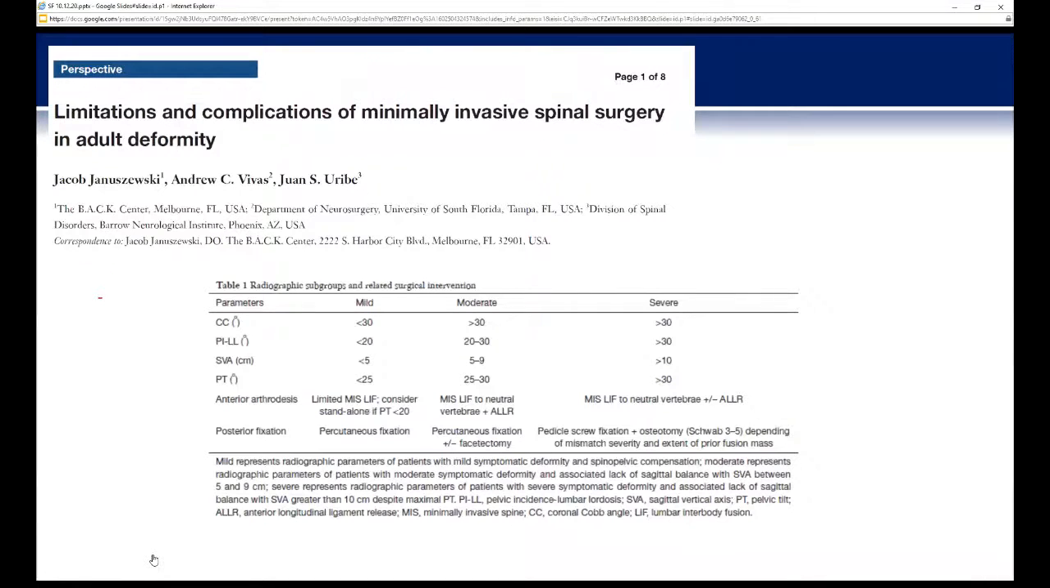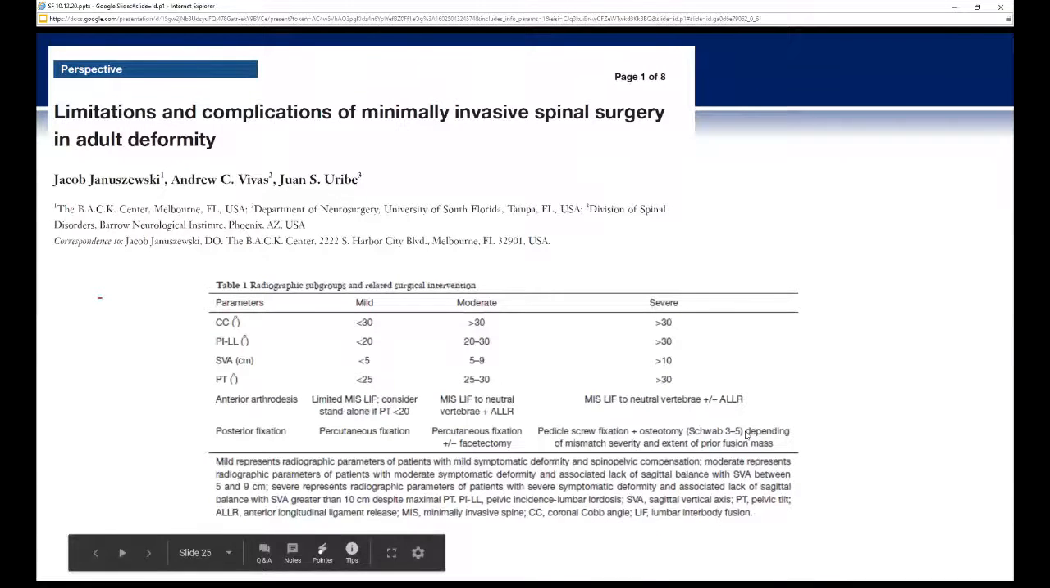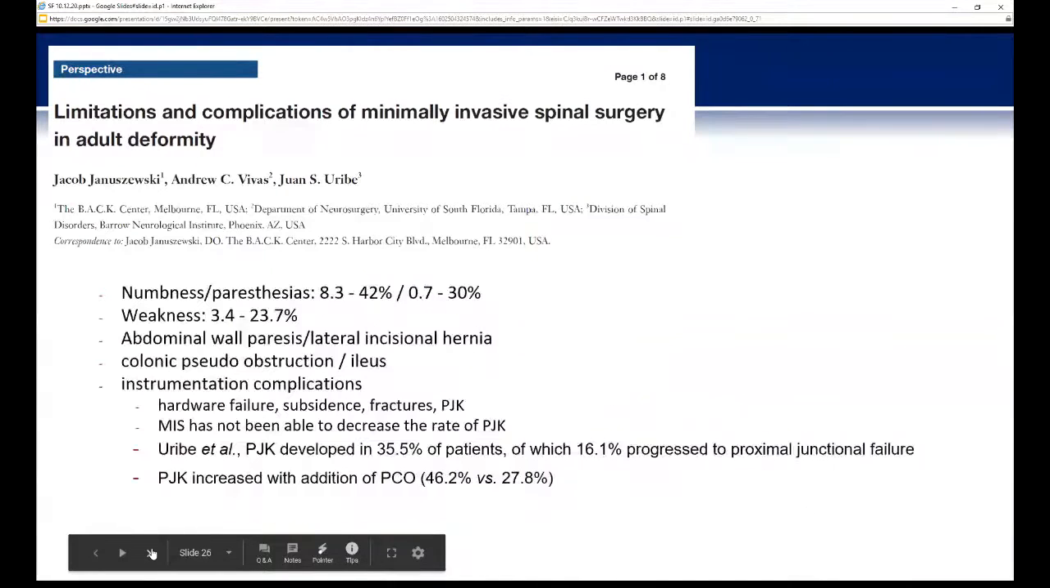But as you get further along, you need to talk about posterior fixation and facetectomies or even posterior column osteotomies in a more hybrid approach. So it was interesting to learn about the parameters for how to apply these techniques and different approaches. So, food for thought. This paper also went through some of the complications from MIS, which showed